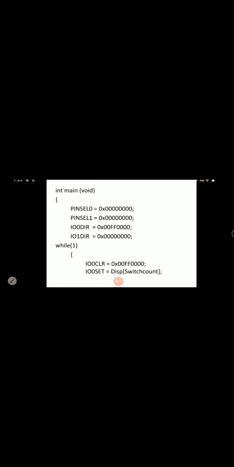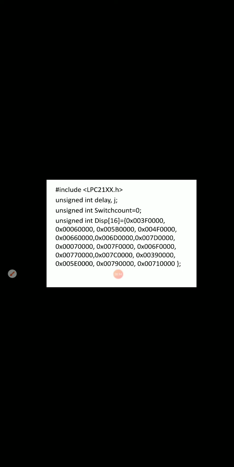So what is the value now? 0, 6. So see that for glowing 1, we can see that the 4th and 5th bit we have 0, 6, right? Similarly, you check for all the characters and you will get all these numbers. So by writing all these numbers correctly, we are going to glow the correct character on the LED display.